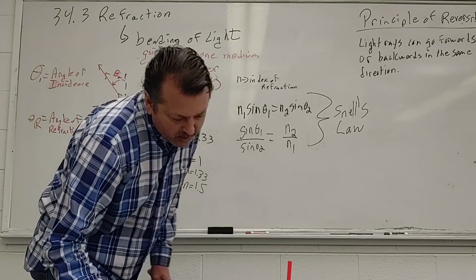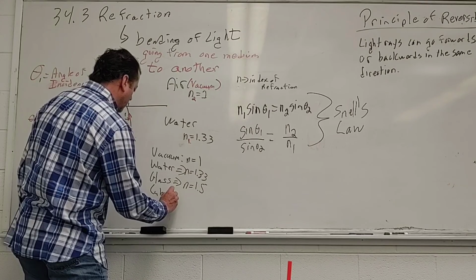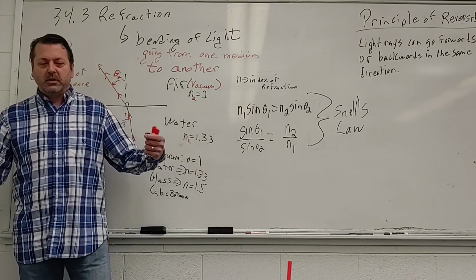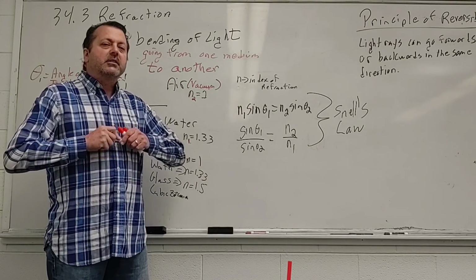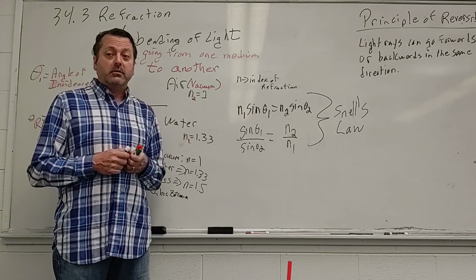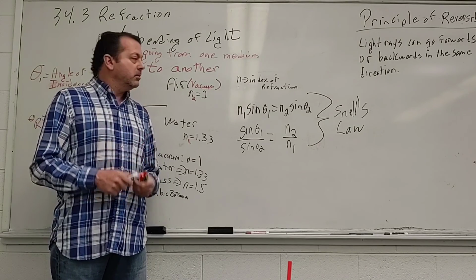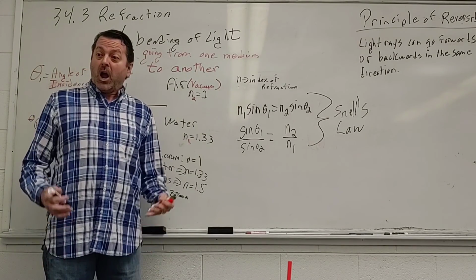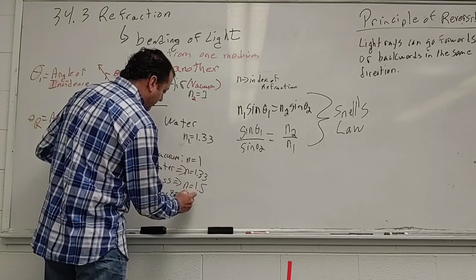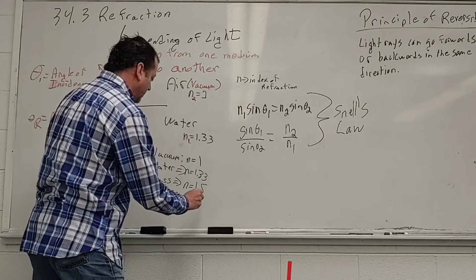Cubic zirconia. So Melissa, if your lucky fiance buys you a cubic zirconium ring, how would you know the difference? Well, yeah, you take it to a gemologist, that's right. But one of the ways you can tell was to measure its index of refraction. You can do that since you've had this class now. Because cubic zirconium has an n equal to 2.18.